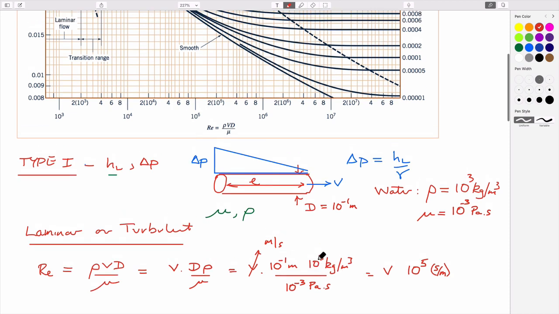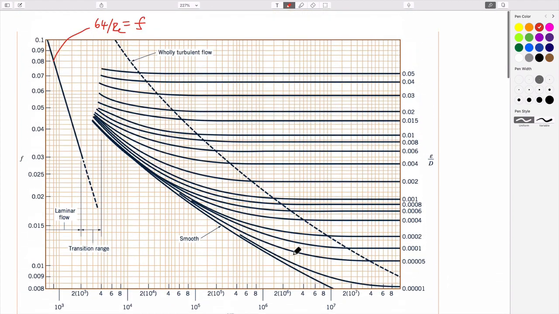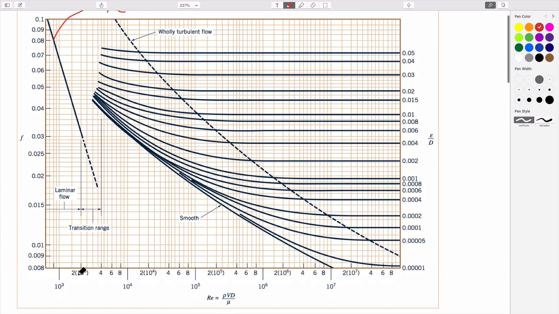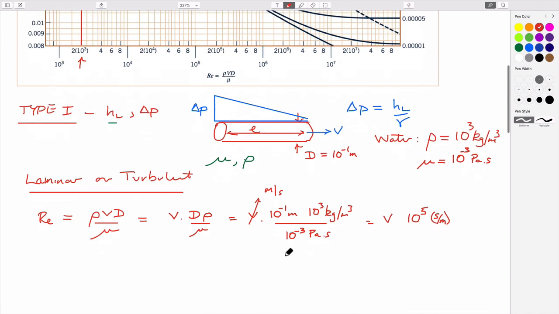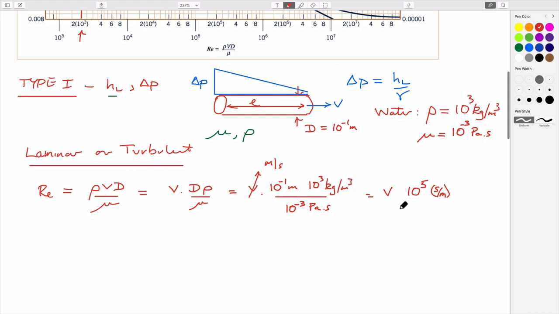And so, to be able to probe these two regimes, laminar versus turbulent, we're going to make the case that turbulent starts at 2000, Reynolds number of 2000. This is here. And so to be laminar, we need to be less than that. So this number needs to be less than that. So to be 1,000, the velocity has to be 10 to the minus 2, right? So for laminar,